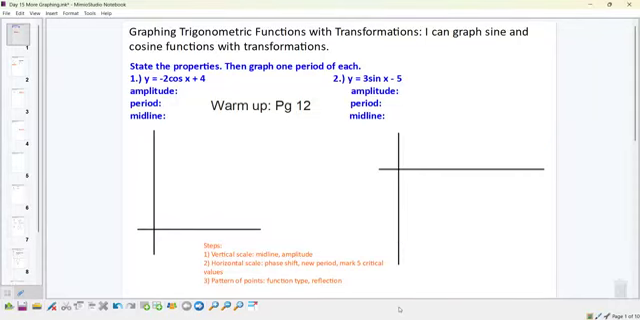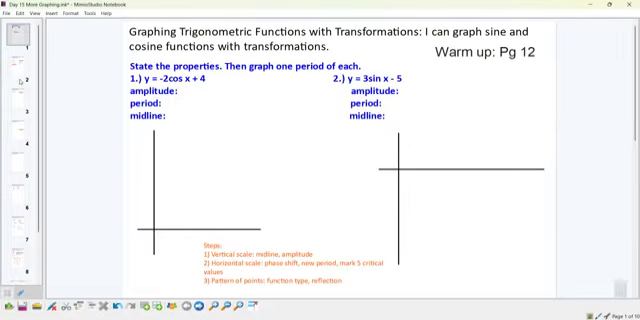Okay, turn to page 12 and create these two graphs. Pause the video so you can try it yourself first. Okay, so step one should be the midline. Actually, let's fill in these